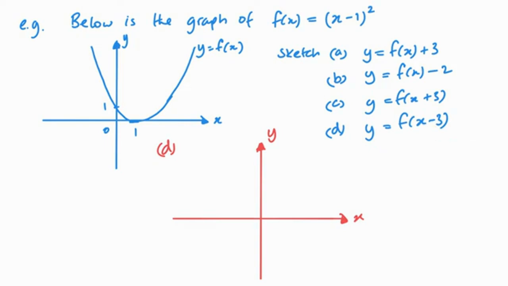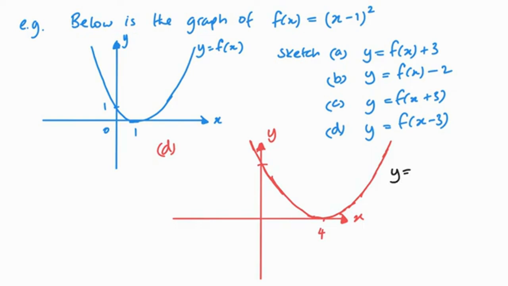So that means instead of hitting at 1, I'm now going to hit at 4 on the x-axis. And again, it's just about getting the shape of your graph right. It doesn't have to be perfect. And again, as I said in the previous quick part, I can work out where it hits that axis just